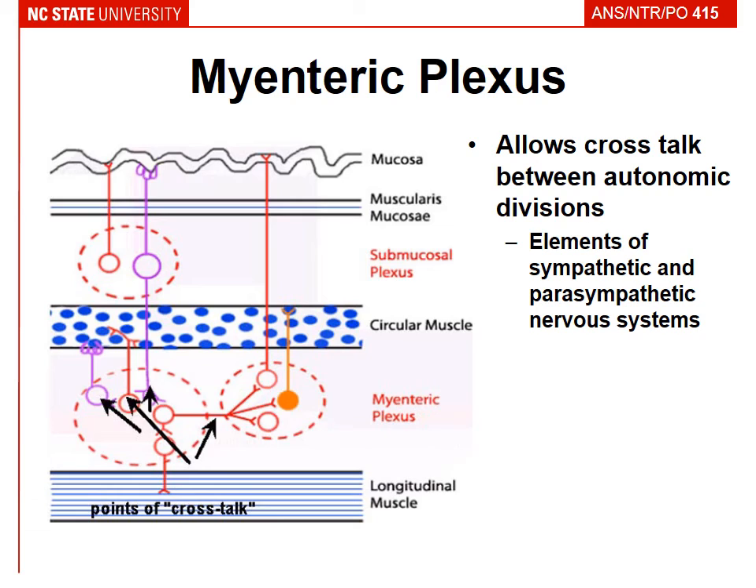So here we have a picture of the myenteric plexus, and this is what I was referring to with this cross-talking that occurs. So you have the myenteric plexus with these nerve bundles, and you can see here the purple is the parasympathetic and the red is the sympathetic, and by them all sharing these little nerve bundles, they're able to crosstalk and control